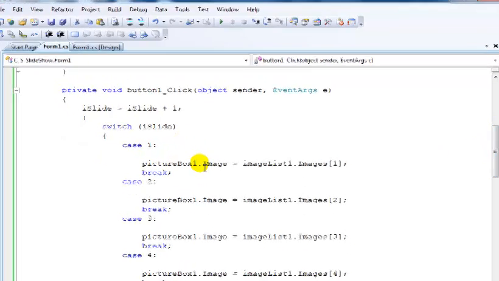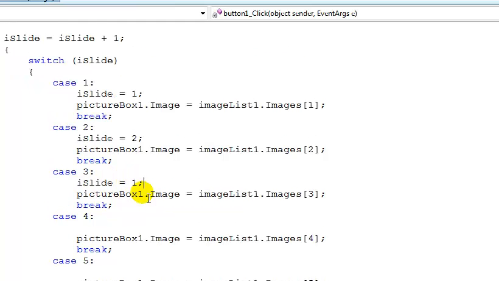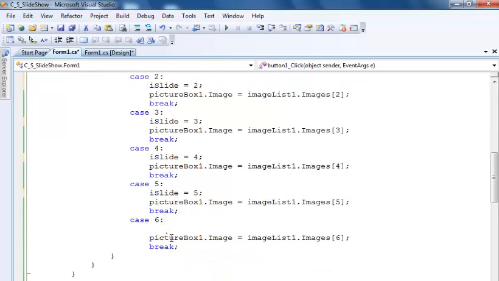Actually, I can just copy, paste that in there, change this to equals, and just repeat exactly the same thing, and this one will become case 2. Case 2, iSlide equals 3, iSlide equals 4, iSlide equals 5 here, and so on. I'll repeat the same thing for the other one, but the difference is when I get to 6, that will become